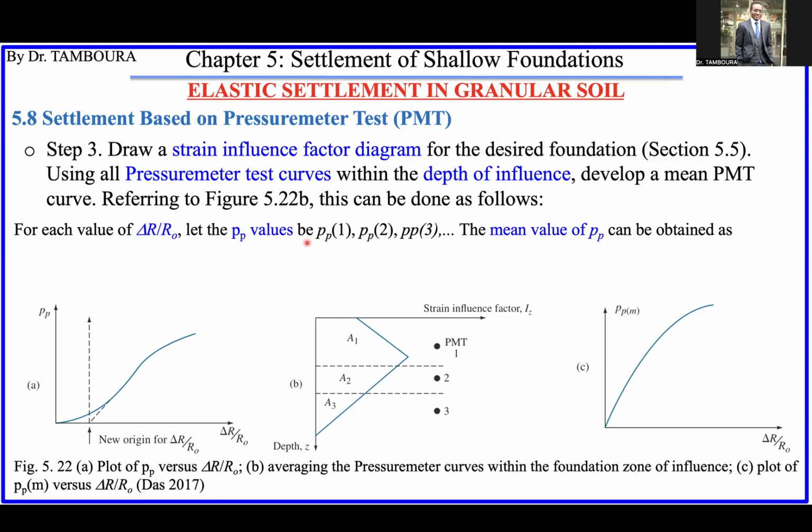For each point you have, for example, PP1, 2, 3, and you do the mean. A1, see A1 here, it's like this area. You divide it by different zones, A2,